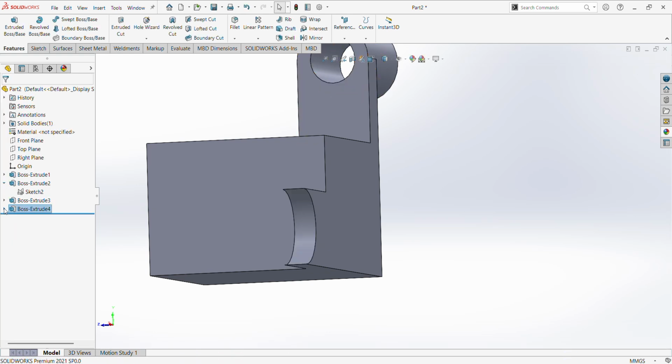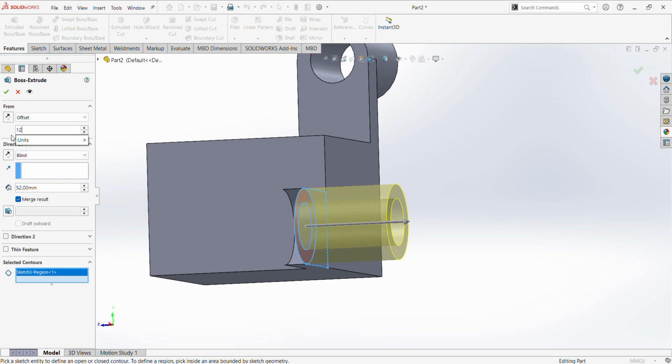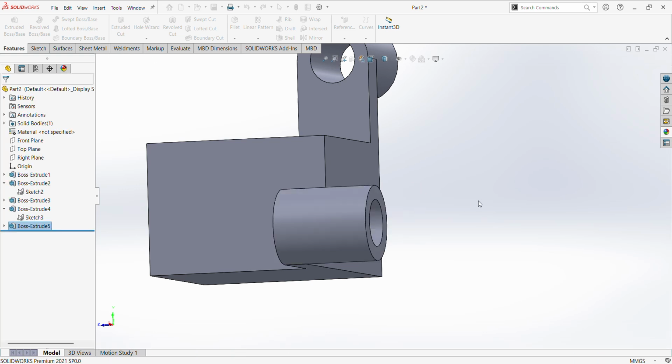Okay, select same sketch, extrude, select only circular part. Here give the dimension 52 mm and give the offset dimension 12 mm, reverse the offset. Okay,